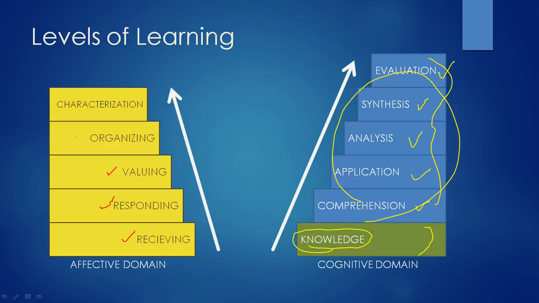And organizing is where you begin to organize your life in such a way that the value is brought into your everyday living. So this becomes where you actually are acting on that value, and you have to reprioritize your life in order to bring that value in and begin to live it. And characterization is basically living a life that displays or reflects that value over time. So if you are characterized by that value, then you're at that level of characterization, and that only happens over time.